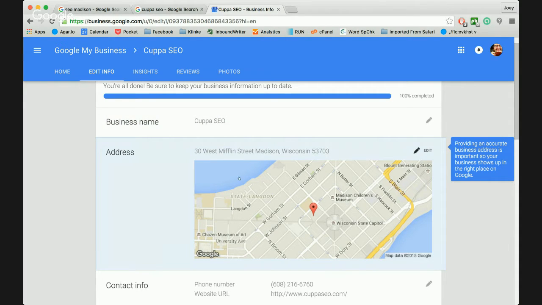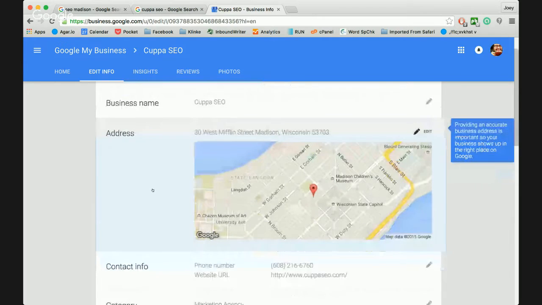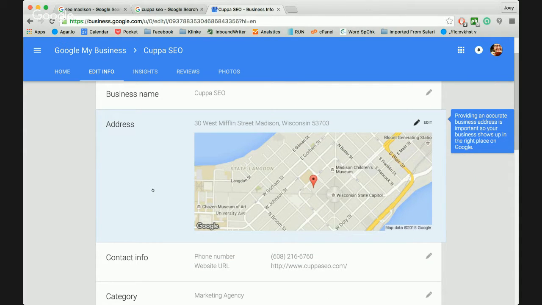Next is going to be our address. And again, here's mine down on West Mifflin Street. This is a super important point. Your address, if you're a home-based business, is of course going to be where you live. And I would strongly advise not using your home address for your Google My Business page.